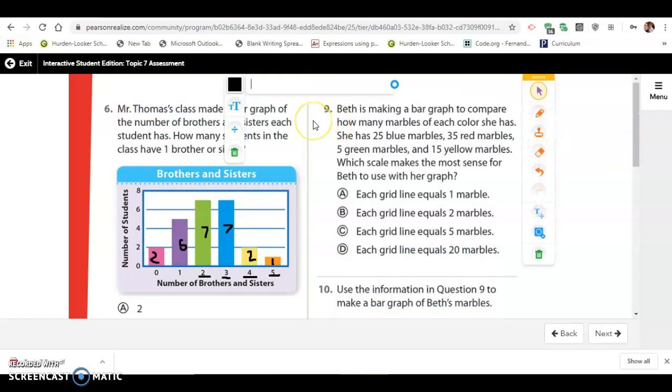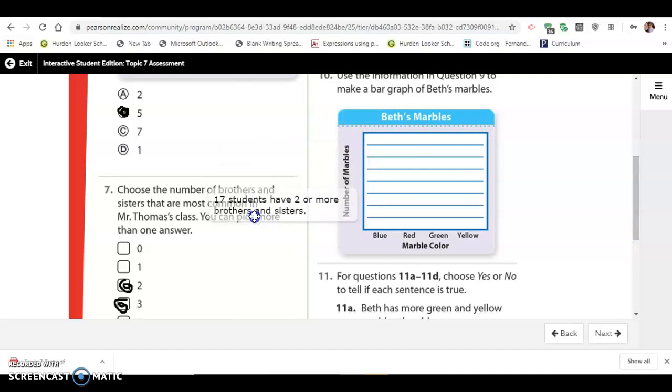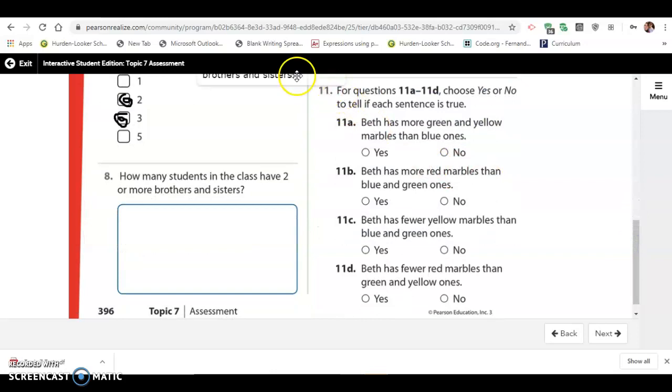I'm going to type the text and I'm going to say 17 students have two or more brothers and sisters. I'll click off and I'll drag it down to the answer key. Down here. Then